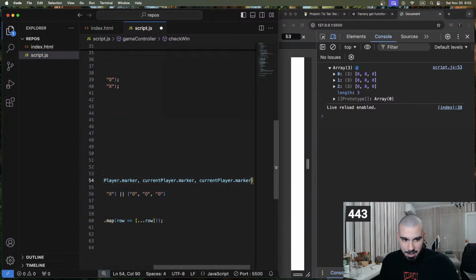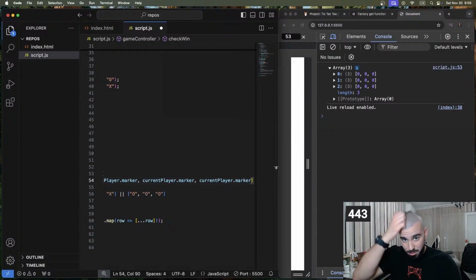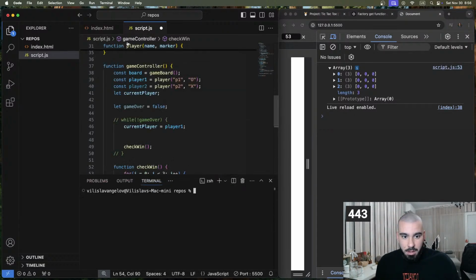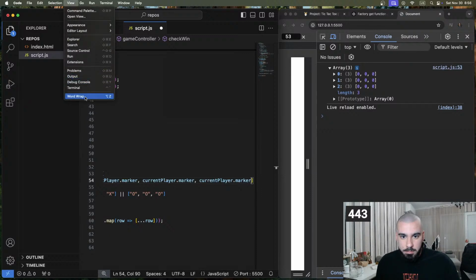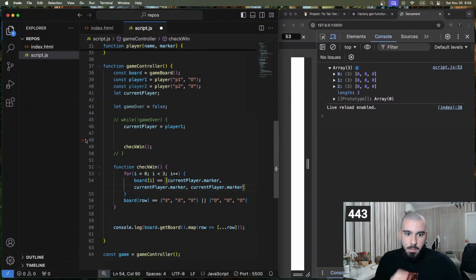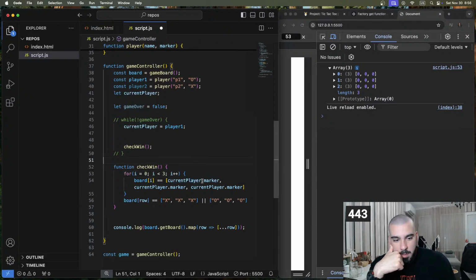I think this is really dumb as well, but I'm not sure how to do it at the moment. I need word wrap. So if any of the rows is equal to 3 times current player's marker, that means he won the game,